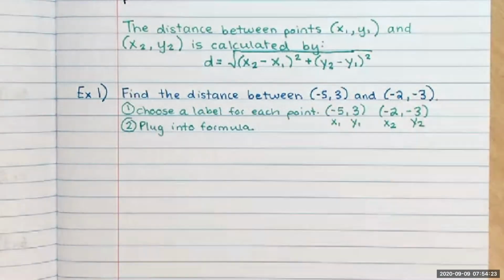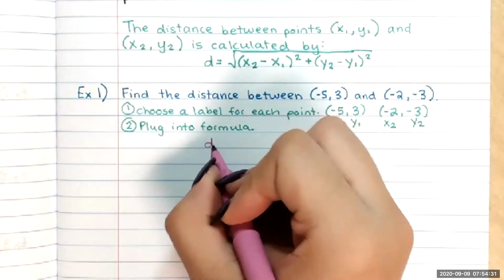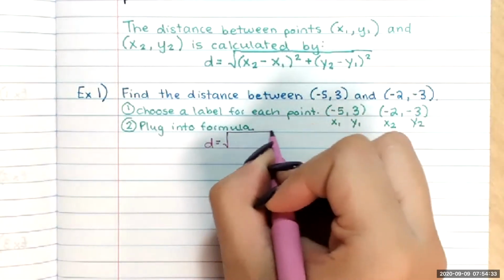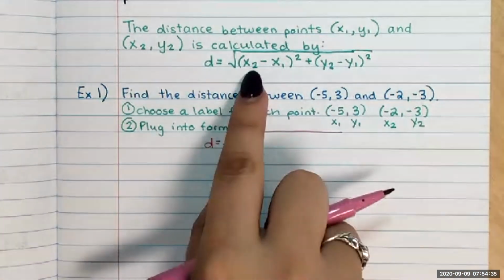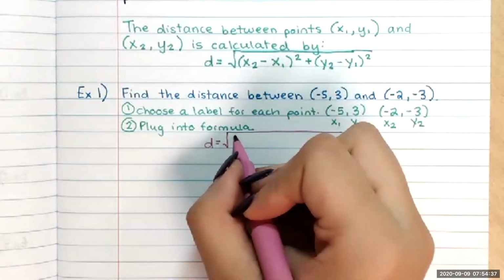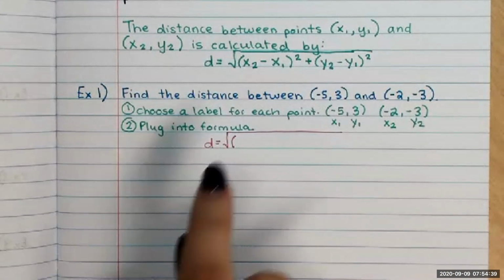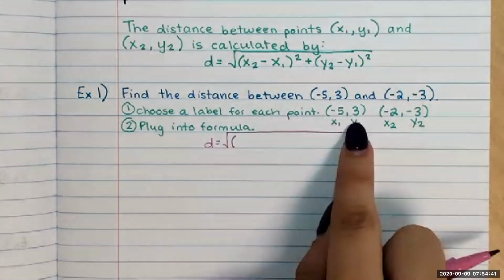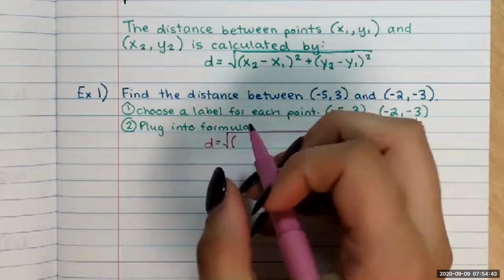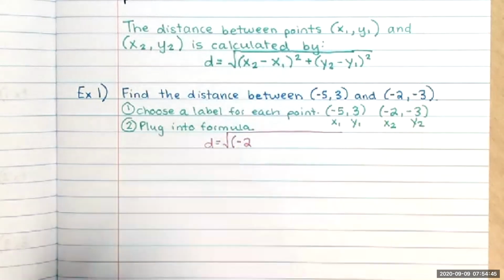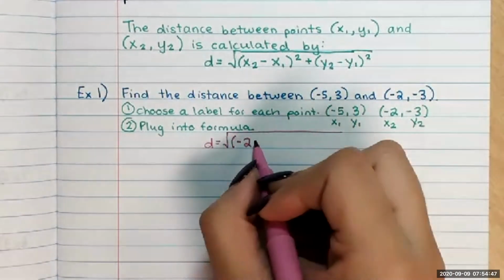So now that I know what my ones and my twos are, I can substitute them into the formula. So I know that D equals big square root, and I'm going to be looking up here. So I'm going to start my parenthesis, then x2. While looking here, x2 is -2. So I'm going to put -2. And then that's minus